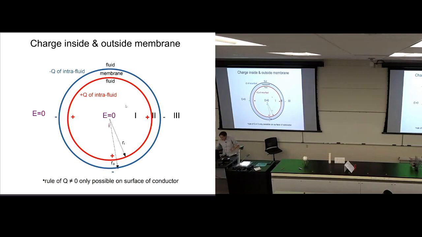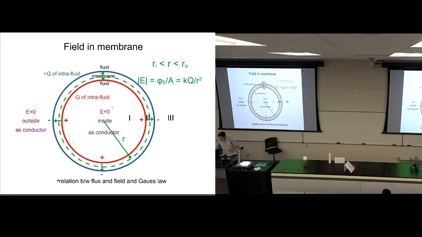What is the field inside the membrane? Because I didn't answer that. The field inside the membrane, remember that's an insulator, that can have an electrical field. The field inside the membrane is non-zero. These field lines that start on the positive charges and end on the negative charges, they're streaming through the membrane. They're passing through the membrane. So the membrane is a region of electrical field, which would exert electrical forces on electrical charges. We can figure out that field